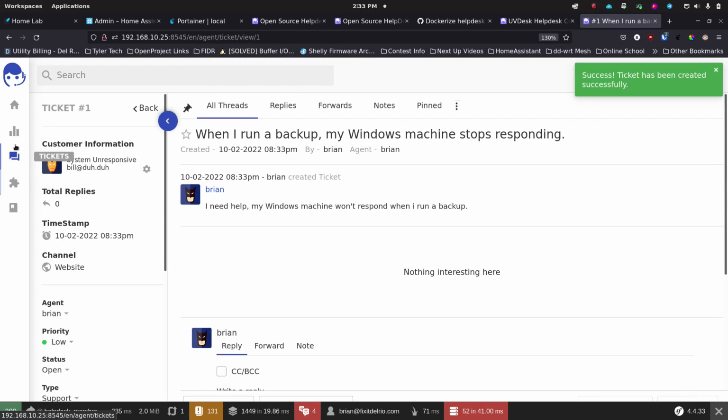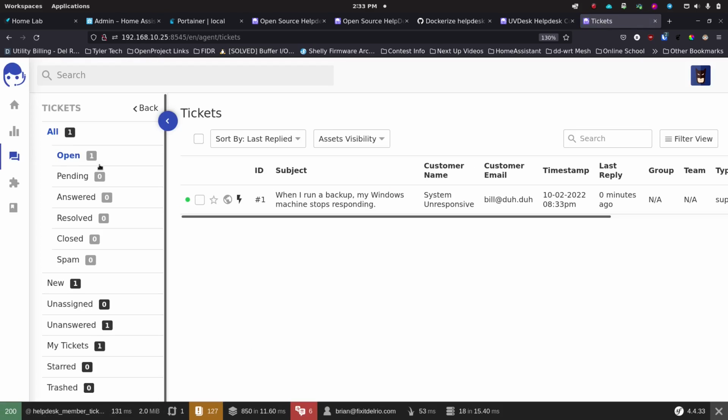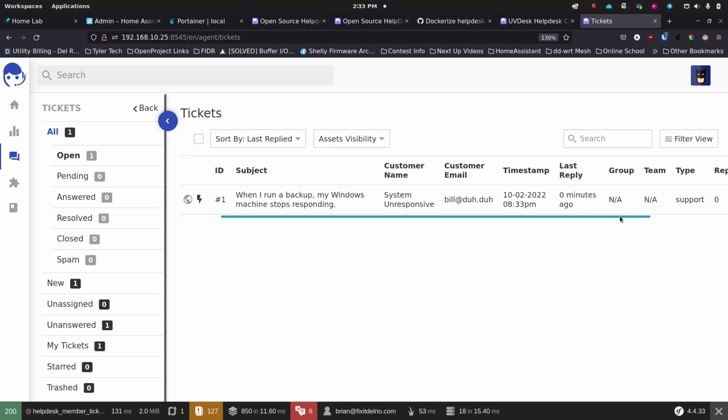So let's go back to the tickets interface here. So right here we can see we've got all is one, open is one, and then here's that ticket, and you can see some nice little icons here, and you've got a checkbox to check and do things with it up here. You can filter. So there's some pretty cool stuff as you go through this and check out what's available. So yeah, you get a lot of information right here just on the